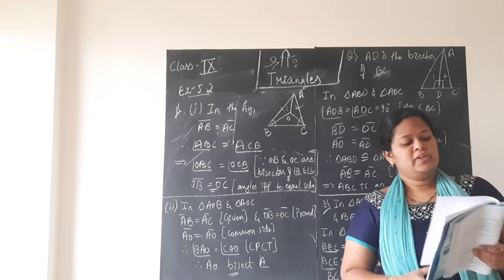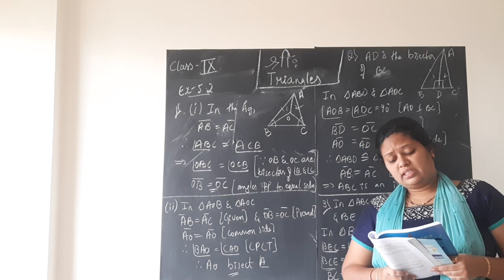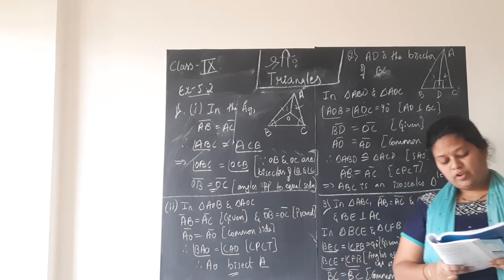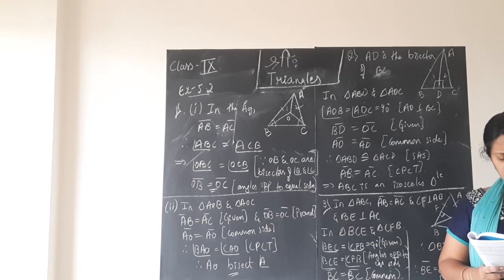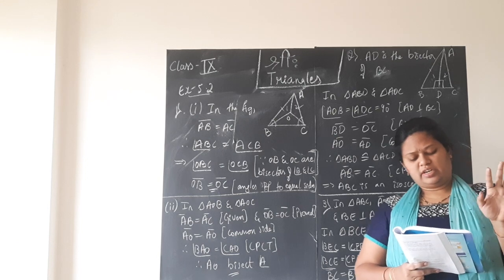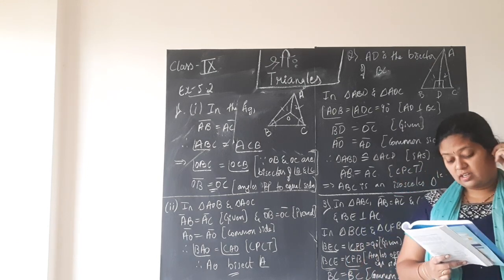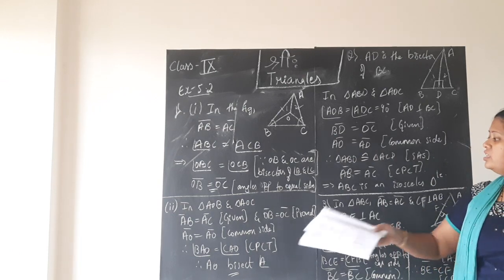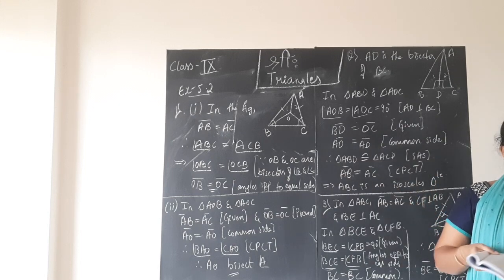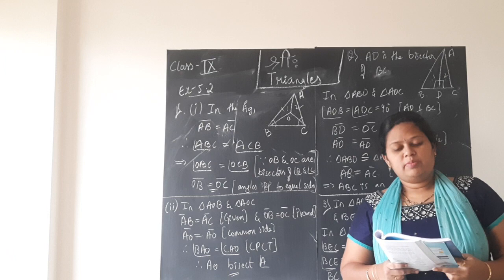So very simple. That is about the third one. Next we will solve the fourth one. It is also very simple, children. 4, 5, 7, 8 I will do. Sixth one is homework for you. Clear? 4, 5, 7, 8 I will be solving. Sixth is very easy. ABC is an isosceles triangle in which AB equals AC. Side BA is produced such that... no figure they have given, see figure 5.34. So it is very easy, similar to these two problems only. You can do it by applying your own concepts and rules, children. I will be solving 5.